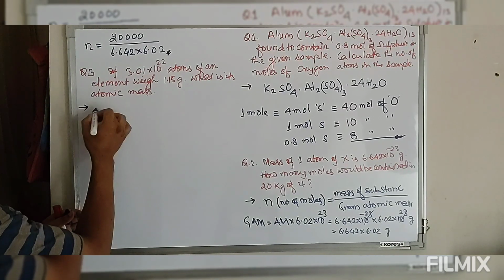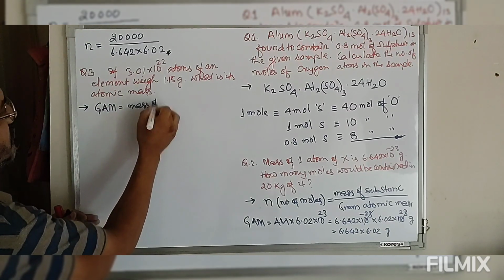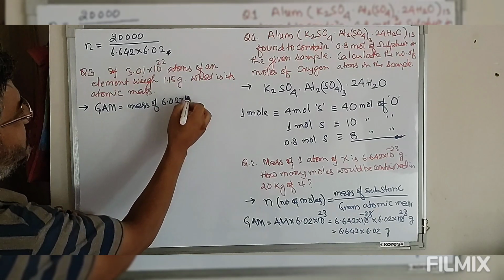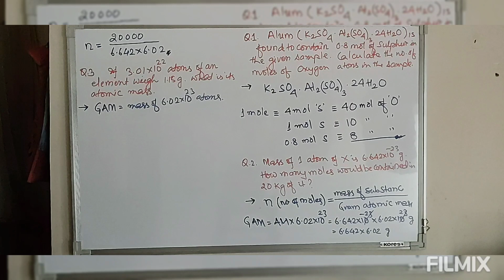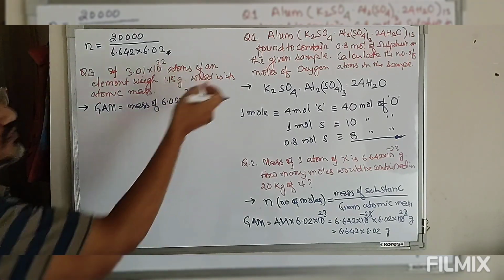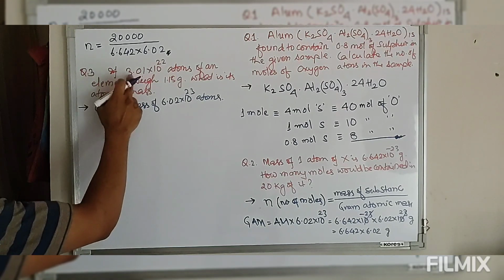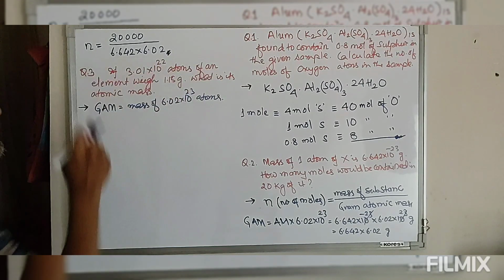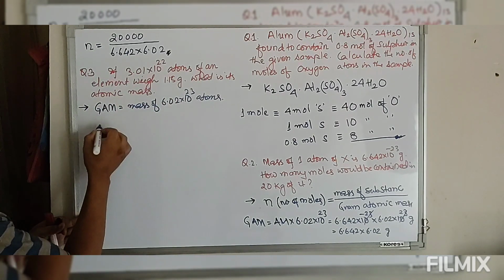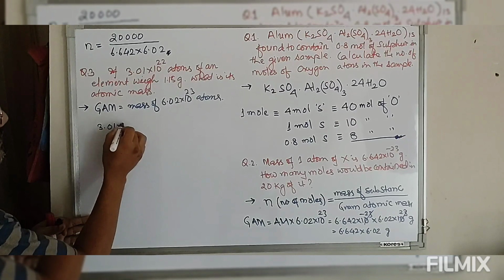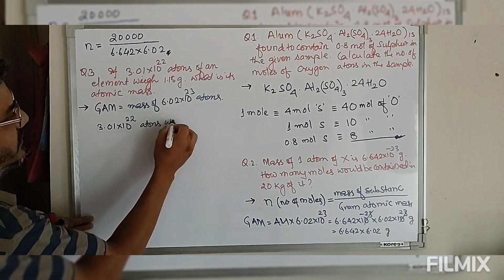So look at this, gram atomic mass is equal to the mass of 6.02 into 10 to the power 23 atoms. So we have to find the mass of 6.02 into 10 to the power 23 atoms in gram unit, that is known as gram atomic mass. Now the mass of 3.01 into 10 to the power 23 atoms is given as 1.15. So we have to find the mass of this many atoms. So therefore, look at this, 3.01 into 10 to the power 23 atoms weigh